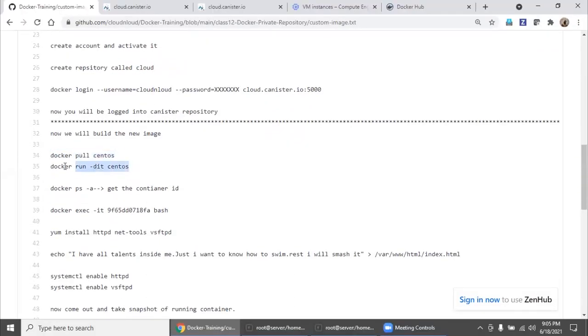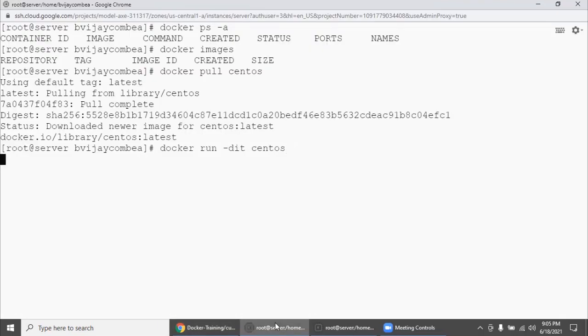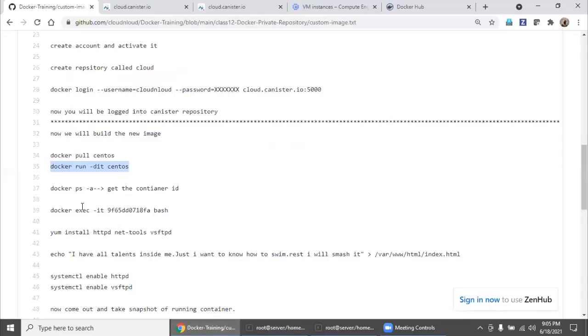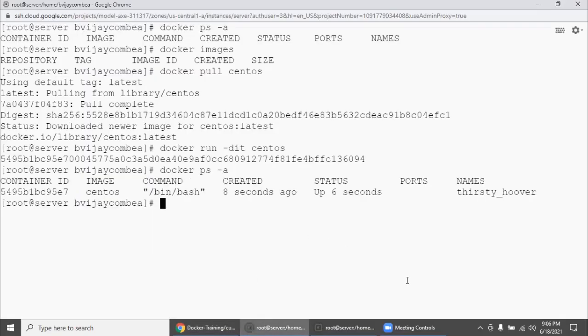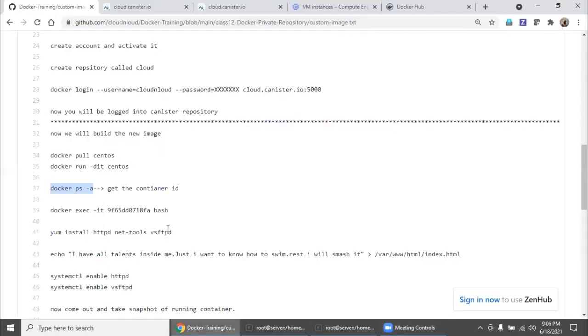Now we run it in detached mode, then run ps -a. See here, there is one container running in the background because we executed it in detached mode.